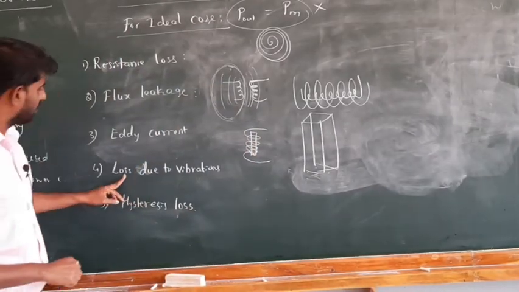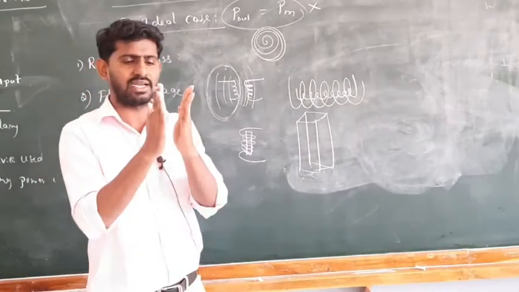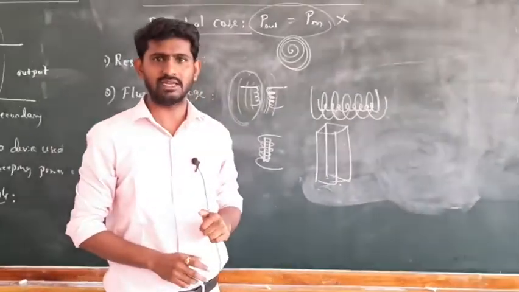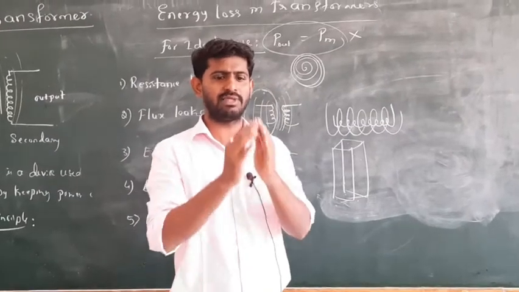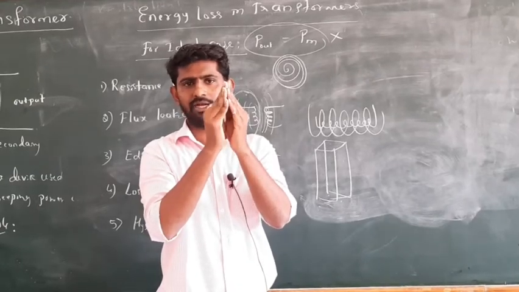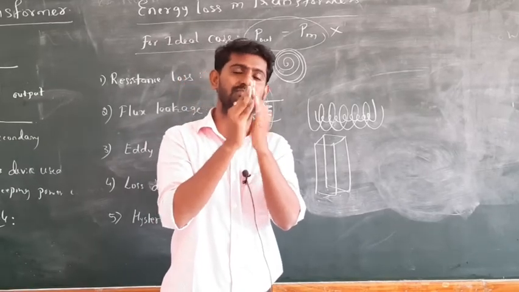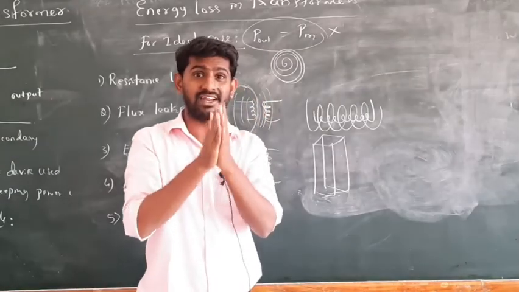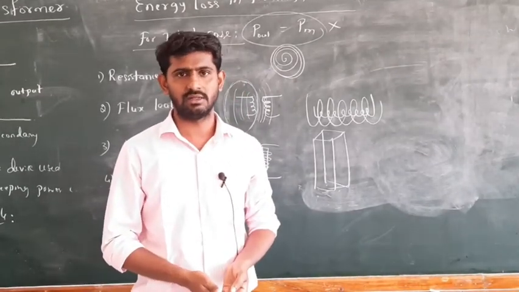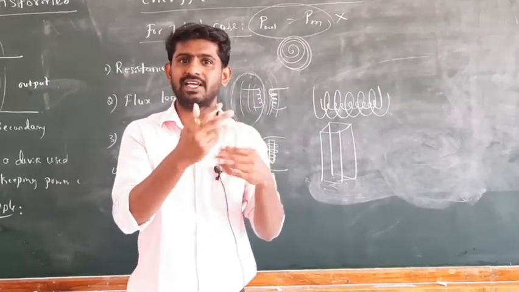Okay, and next, the fourth one, loss due to vibration. We want to minimize the eddy current, so that's how we have connected the strips like this. But during the flow of current, because of electromagnetism, the strips which are connected here start to vibrate like this. They vibrate for 1 cycle, and for the next half cycle it will be like this. So there is a continuous vibration between the strips of the soft iron core. Due to this vibration there will be production of sound, and sound is a form of energy. So some amount of energy is lost in the vibration of those strips, for the creation of the sound.